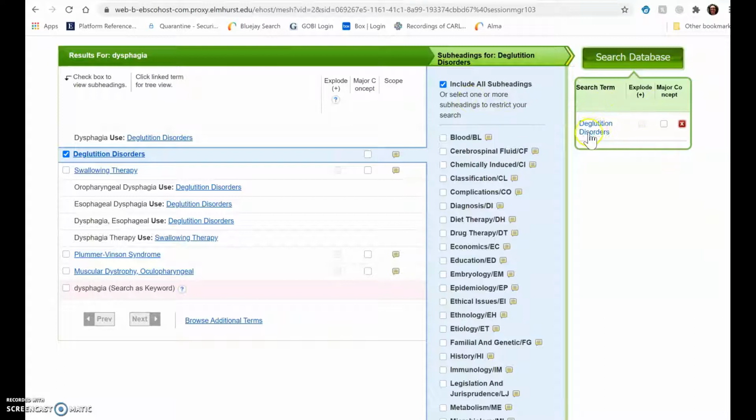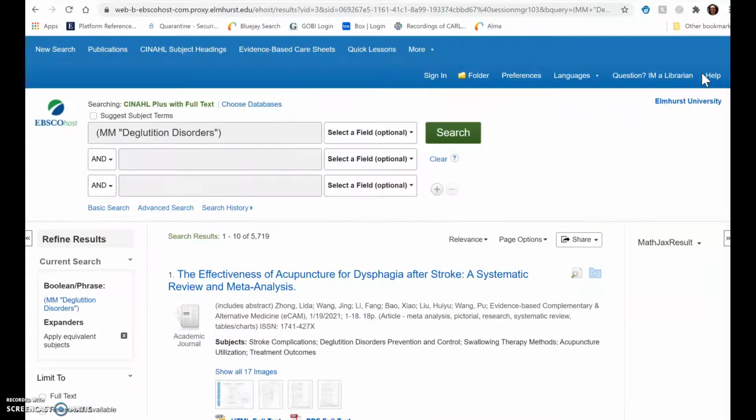So you'll see over here, it moved it over here, and this search database box is now available. I can also do one additional limit to make sure that it's a major concept. They have major and minor subject headings in both of these databases. So I want to make sure this is a major heading. It's not just a peripheral kind of a heading. So I'm going to click Search Database. So you'll notice it does this funny formatting that tells the database that I'm looking for a major heading, and this is the official language I want. So I got